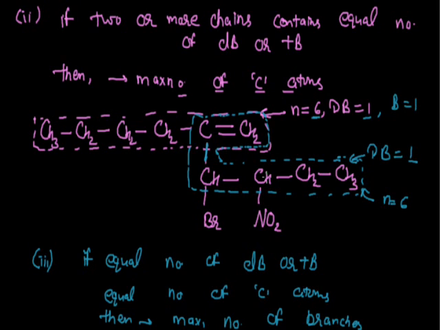While if we take the next one, here 3 branches are present. One is the nitro group. Second, the bromine atom is working as a substituent or branch. And third, this group which is outside the parent chain is working as a branch. So here the total number of branches is 3. According to the rule, the chain which contains the maximum number of branches will work as the parent chain. So now this will be the parent chain. After learning these 3 rules, we can easily select the parent chain for any alkene or alkyne.